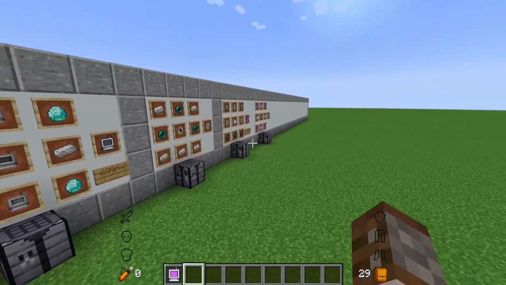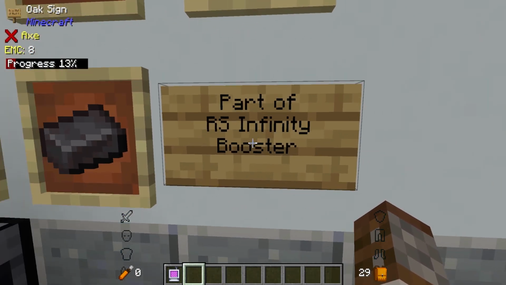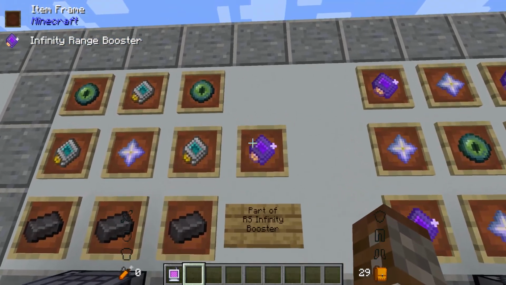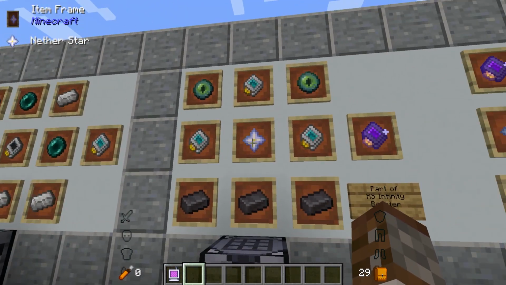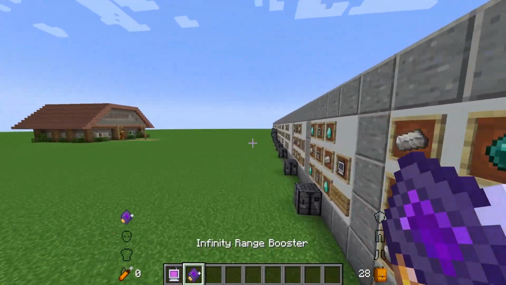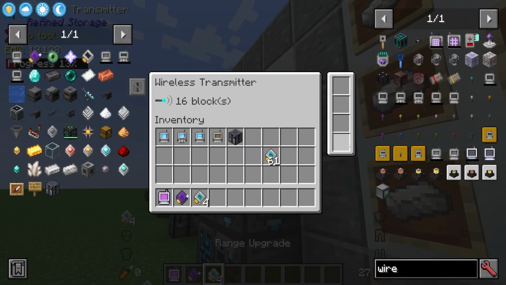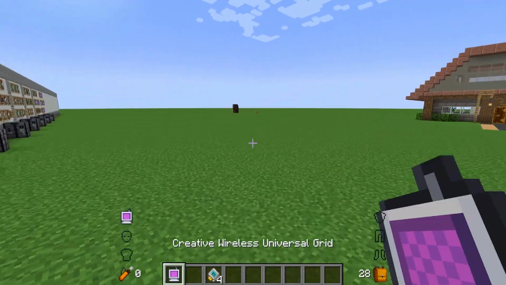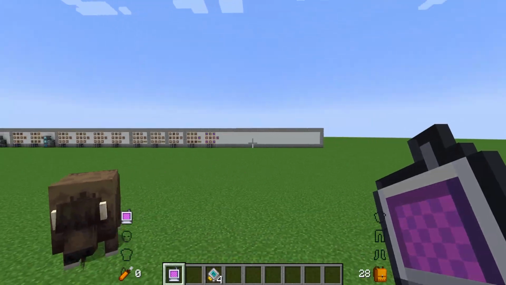This is where our next add-on mod comes into place. This is the refined storage infinity booster, and these are very expensive crafts. The first one is the infinity range booster. This is made using 3 range upgrades, a nether star, 3 netherite ingots, and 2 eyes of ender, and this does exactly as it says on the tin. It increases the range of your transmitter to be absolutely everywhere in the world, a very large amount of blocks. So now no matter how far we go, we can now use any type of grid or universal grid